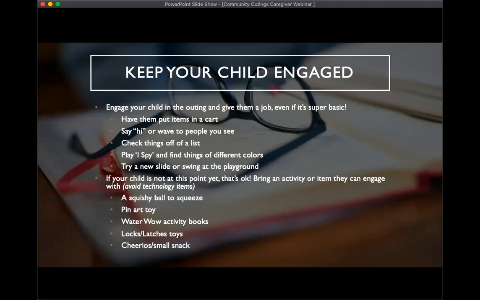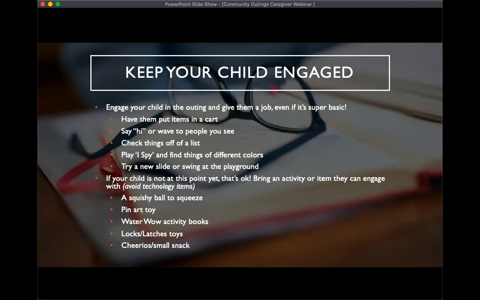Like we talked about with reinforcers before, we really want to make sure that you are in control of that reinforcer. And it's likely that a technology item is pretty preferred to your child, and they may have a hard time giving that item back to you. So, by using the technology item and having to remove it, because we're only wanting to provide that for positive, desirable behaviors, it can be really a battle of removal if they're not able to tolerate you removing that item so that you can work on another skill.